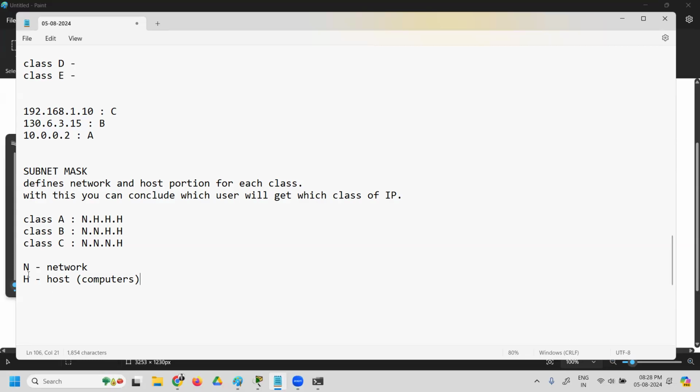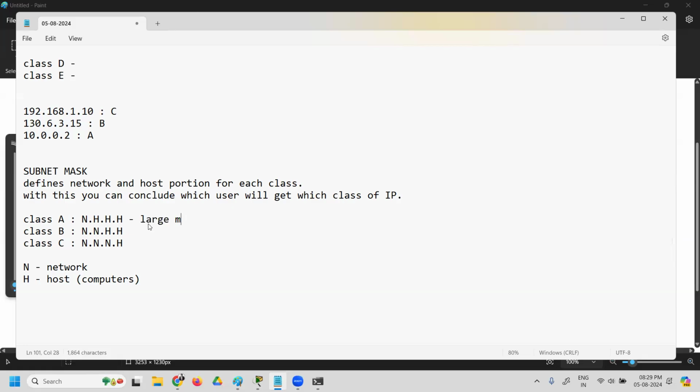Now, as I mentioned, the host portion H denotes the computers, right? Among these three classes, where do you find the host portion more? In class A. In class A, you have three host portions, which means class A can accept more computers. You can use class A to assign IPs to more computers. In general, where do you find more computers?